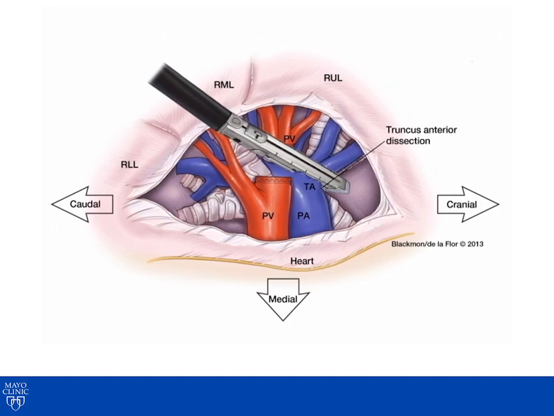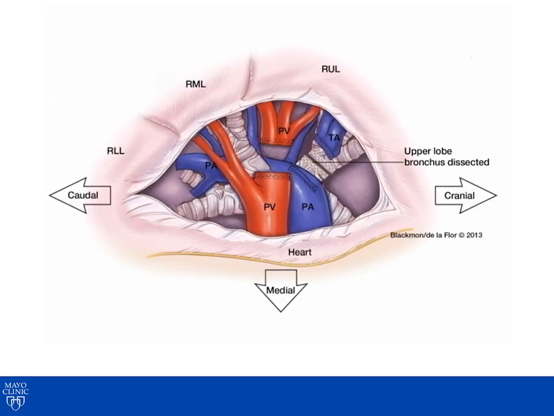You dissect around the vessels, opening up the entry point and the exit point, and then eventually passing the stapler around this structure and completely stapling and dividing the truncus anterior of the pulmonary artery. Once the truncus anterior branch of the pulmonary artery has been divided, the next structure that is encountered is either